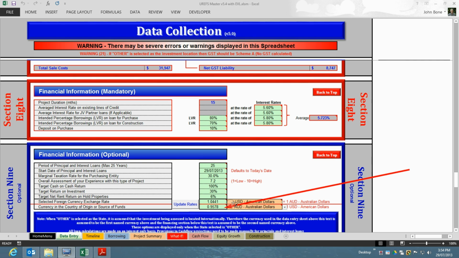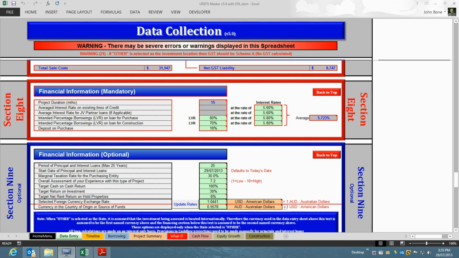The subject of investing internationally will be covered to some degree when we talk about the other sheets. Each of the other sheets will trigger various lines to appear or disappear depending on whether Other is selected so that we can see comparisons between cash flow in Australian dollars and cash flow in US dollars. All of the output reports from the program will also bear an indication to inform the reader which currency is